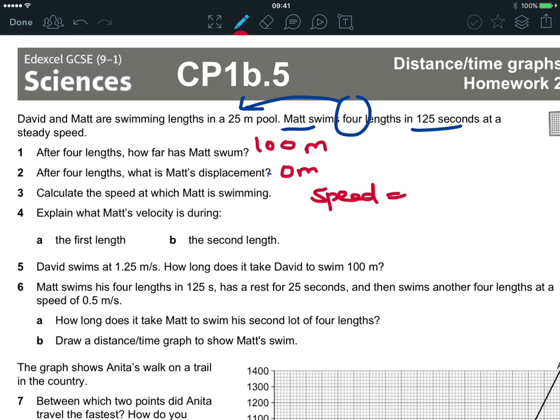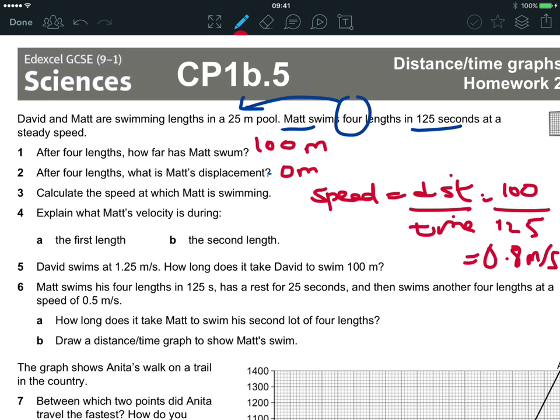Speed equals distance divided by time, and that equals, what's my distance? My 100 metres divided by 125 seconds. Let's just get the calculator out. I shouldn't need the calculator for this anyway, but it's 0.8